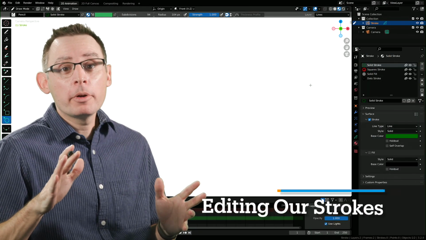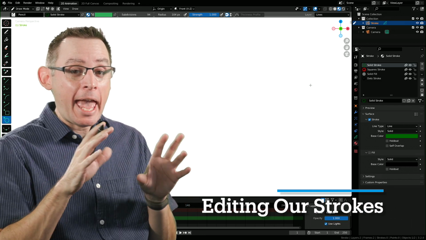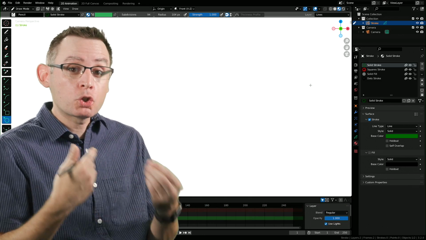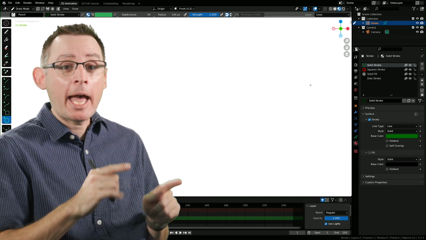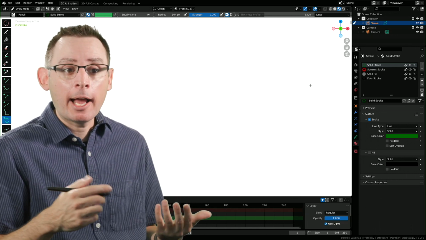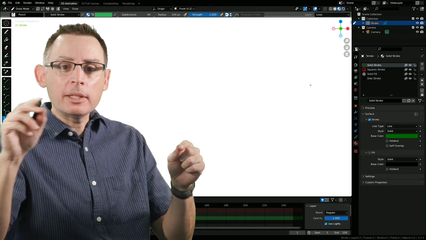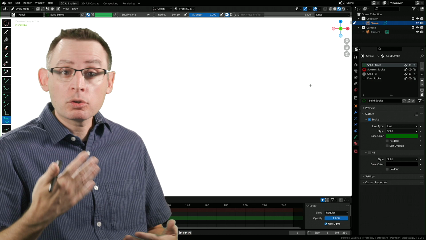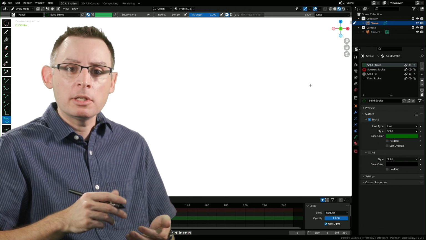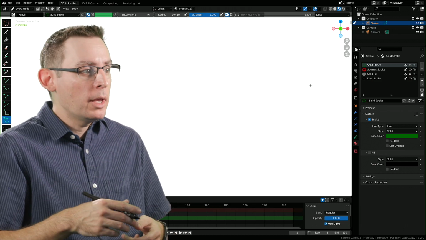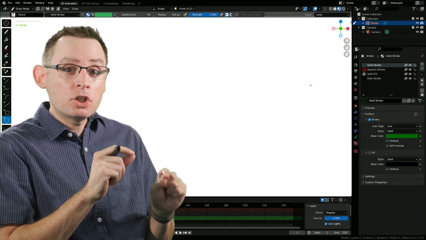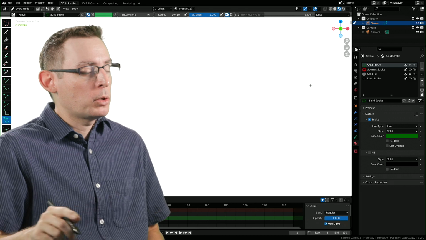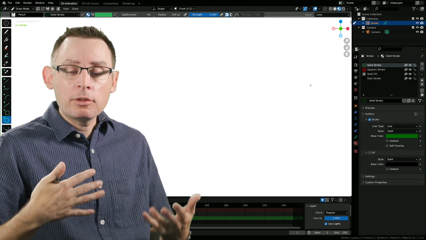It's inevitable at one point or another that we're going to need to go in and edit the lines that we've drawn in our animations. And this really speaks to the power of the stroke-based authoring engine that we have here inside of Blender, is that at any time, we can go in and move the points that are being used to create our lines for our drawings. Very different from a rasterized bitmap painting engine that you'd see in like Photoshop or Toon Boom or Krita. All great options, but our engine allows us to change the lines after we've drawn them, which is incredibly cool. So we want to be able to go in and edit these strokes at any time.